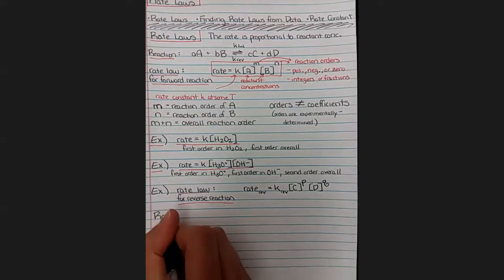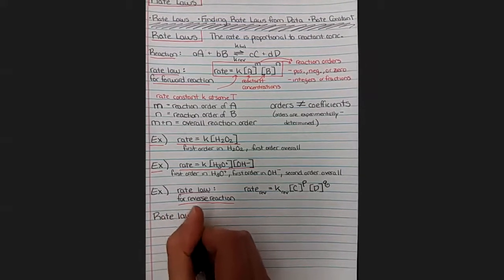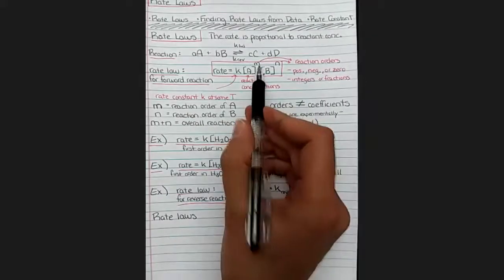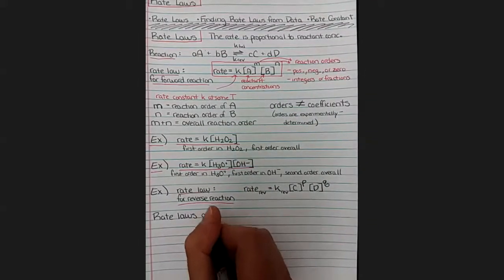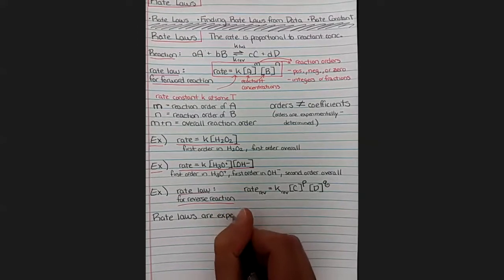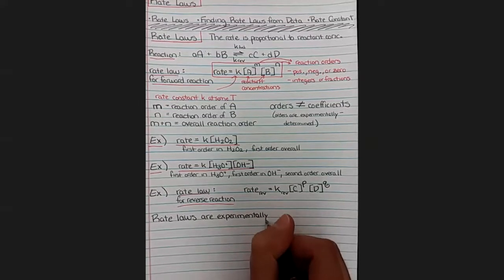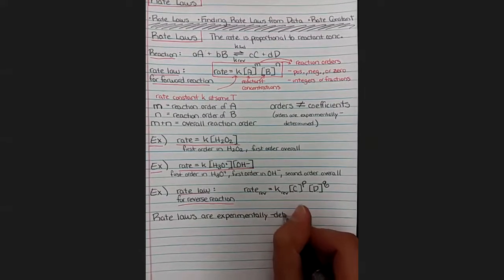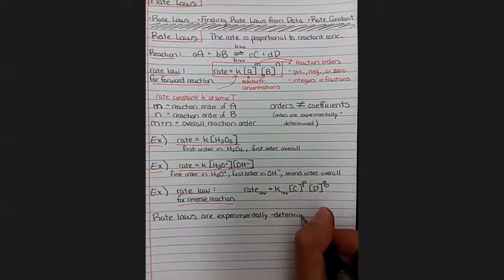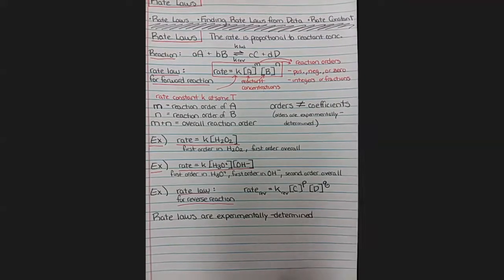The final big point here is that rate laws and everything in them, the rate constant and the orders, are experimentally determined. Everything we know about rate laws, we have estimated from huge repeated data sets. Every rate law is essentially half of a graduate student's PhD, repeating that experiment over and over in lots of different conditions to be really sure about that rate law. And the way we can determine the rate law